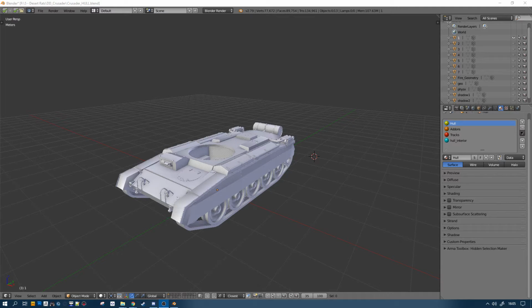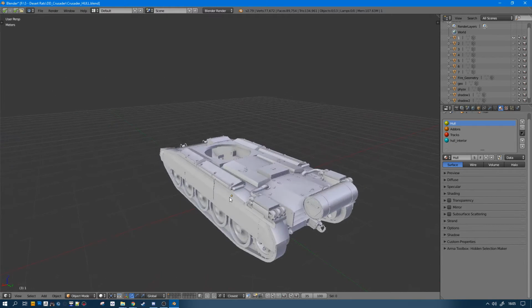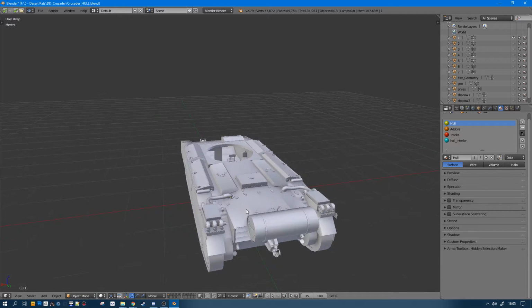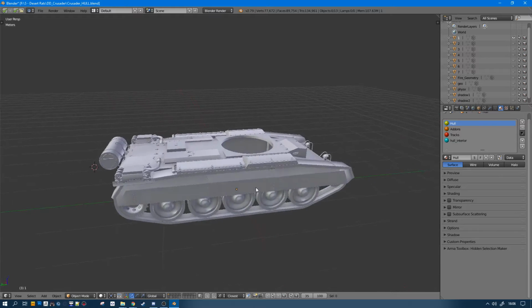Welcome everyone, and welcome to the second part of this tutorial about importing a tank into Arma 3. Last time we prepared the hull and the turrets, we did the fire geometry, global cleanup and reviewing of the 3D model, and today we are going to focus more on the in-game import of the hull, the turrets, the two turrets we have. We will tackle them in the third part.